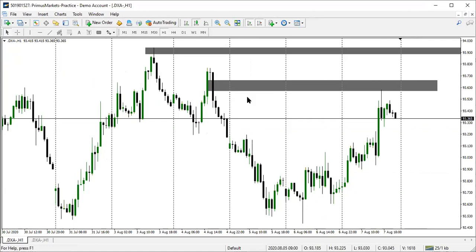I actually marked this in our live chat with my students, and we predicted that this is a zone the market will get to. As you can see, this was exactly the zone that this market pulled back to, and with just that area, we can see it coming back down. One thing we're expecting, just like I said, is if this zone fails to hold to push price down,